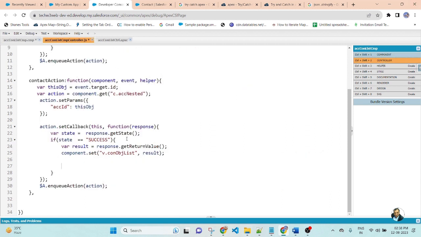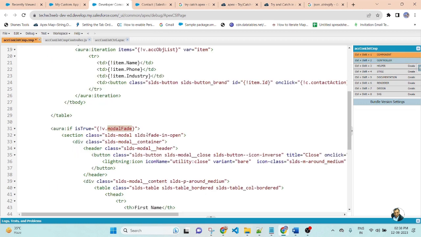After success, I will set the value with component.set, attribute name, and pass true. So whenever this value gets true, then the modal pop-up will be visible.